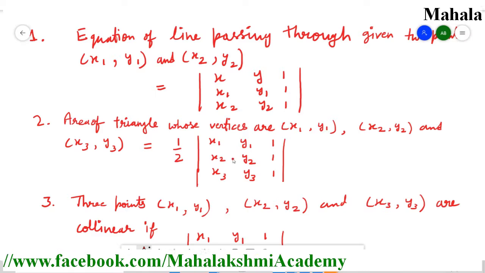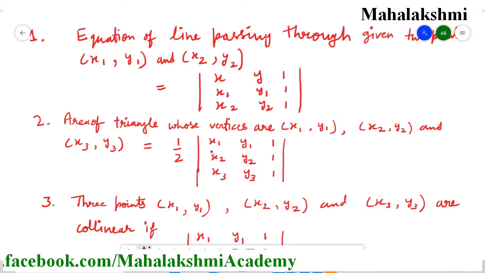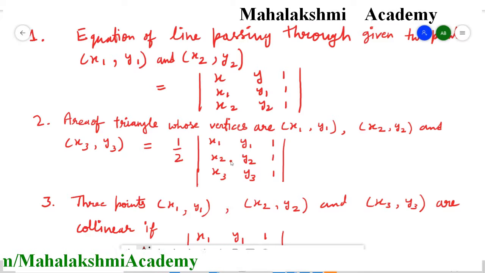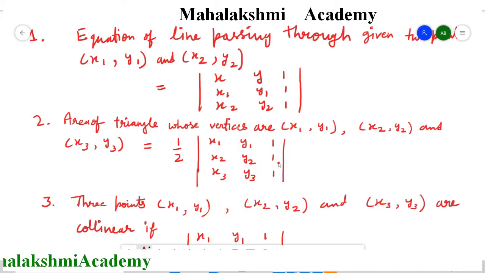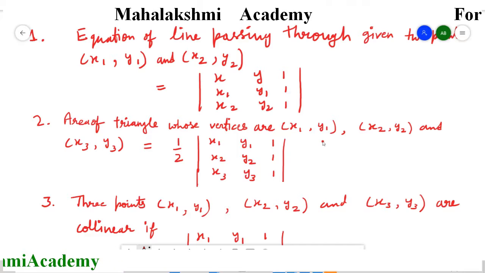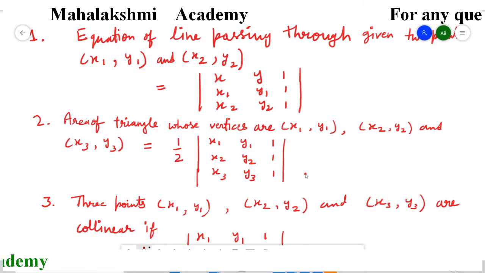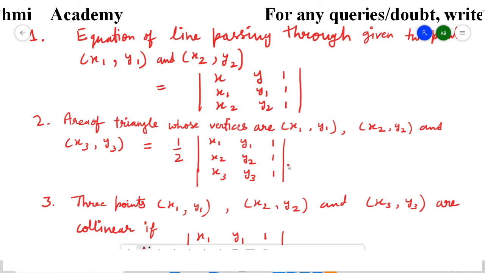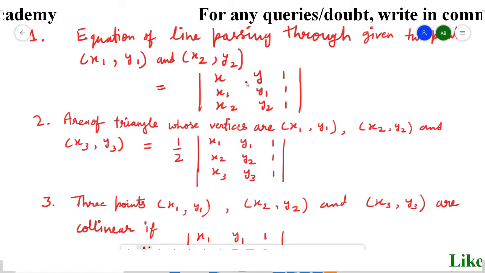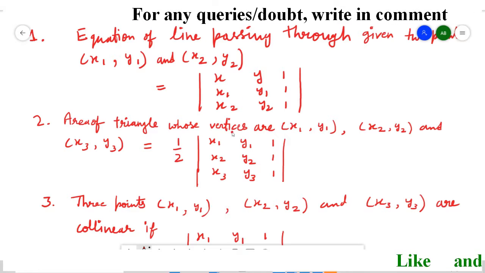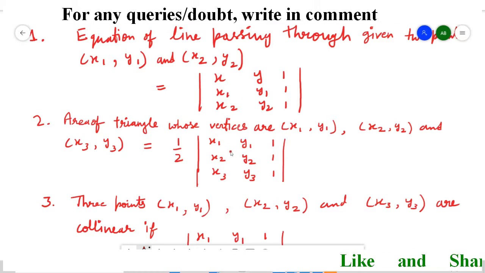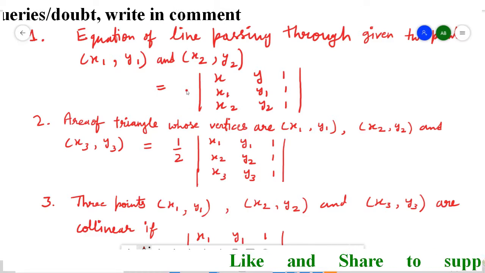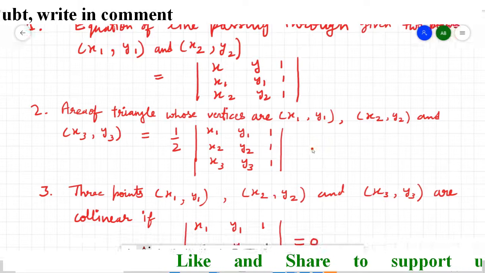Points you can interchange, it's not a problem. Write down all the points one by one here, and when you open it, whatever answer comes is going to be the area of the triangle formed by joining the three given points. So just see these two formulas. The difference is that here we have only x and y, these are the variables, and here we have the coordinates. Also you have a half here, but there is no half there. That's the difference.